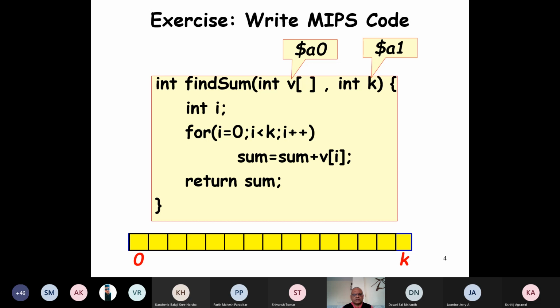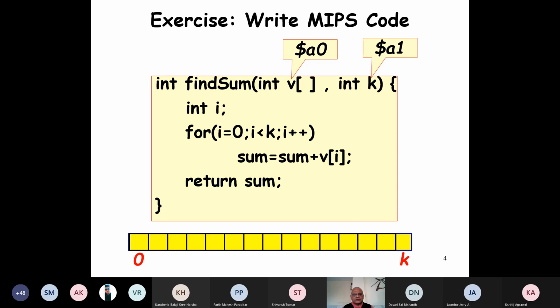Here the address of the array is in register A0, and the number of elements that we want to add is in the argument K, which is in the A1 register.